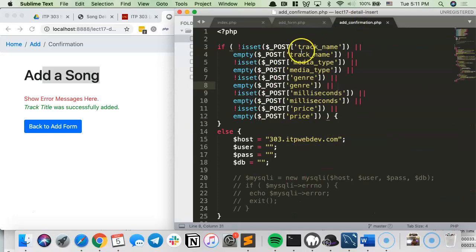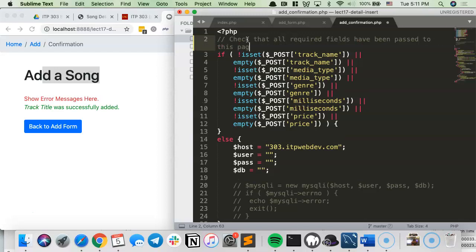All right. So all this lovely piece of code here, I just gave it to you. What this is doing is we're going to check that all required fields have been passed to this page. Because we're using a post method, we're creating a post request, we're able to grab any values that the user just submitted via the post super global. So if the user submitted a track name or media type or whatever it was, we're going to be able to